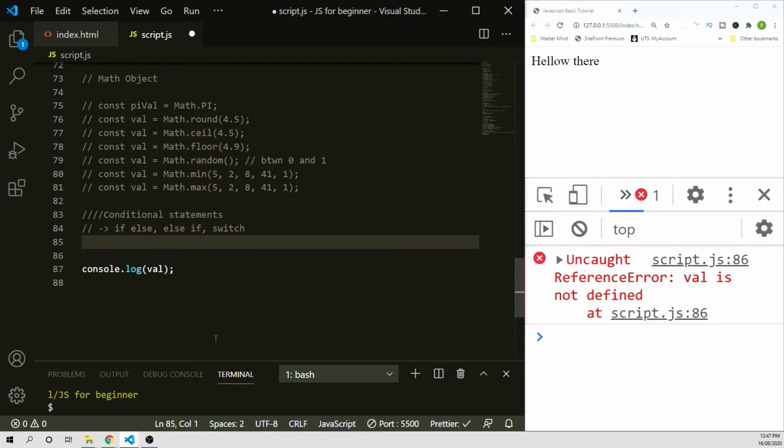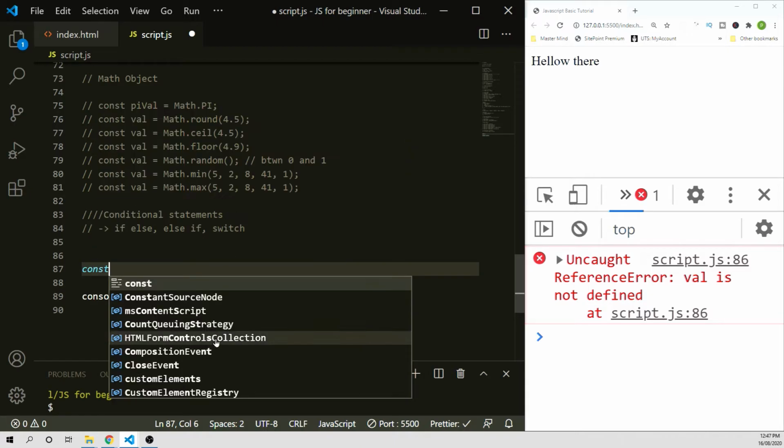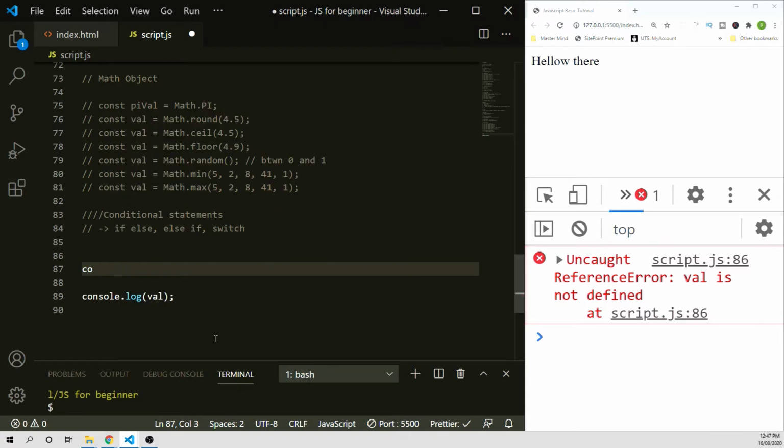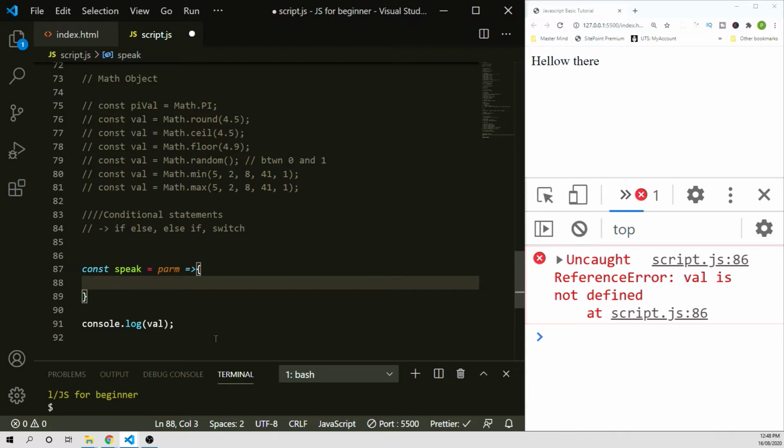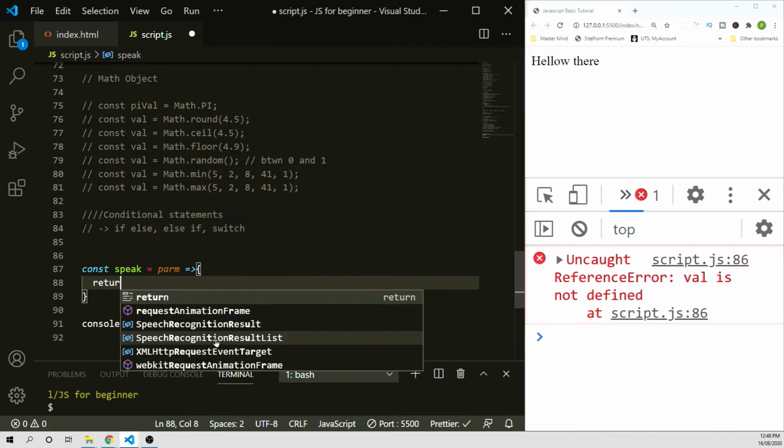Maybe I just want to create some function called, let's say, const speak, I don't know, just a random name, and let's get some param. I don't know what I'm gonna get there, and let's do return